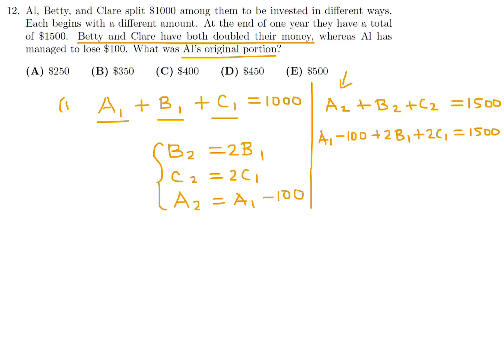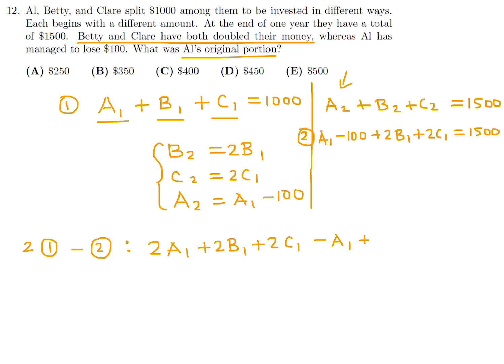So now we have this equation and this equation. They've got all the same variables, so hopefully we can somehow combine, manipulate, and get rid of as many as possible. Staring at this, it looks like I can probably get rid of the b's and the c's by doing the following: multiplying the first one by 2 and then subtracting from it the second equation. So that would give me 2a1 plus 2b1 plus 2c1 minus a1